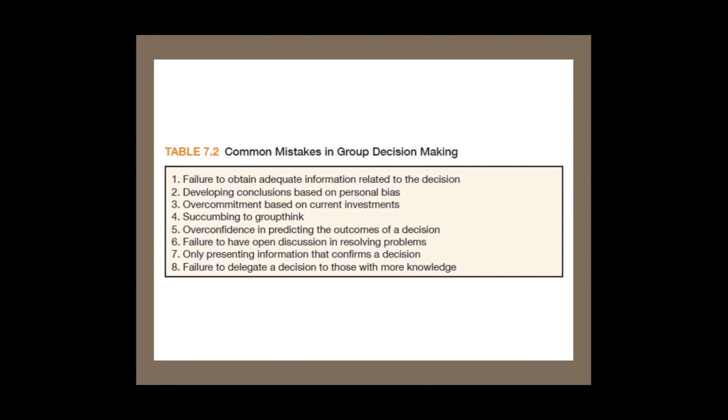You need to avoid the group becoming overconfident in predicting the outcomes, because that can be a self-reinforcing feedback loop. People say, I think this is what's going to happen. I think you're right too. I think you're both right. I think this is really where it's going to end up. And unfortunately, groups can tend to be overconfident because you have more than one person agreeing with you that this is how the thing's likely going to come out.